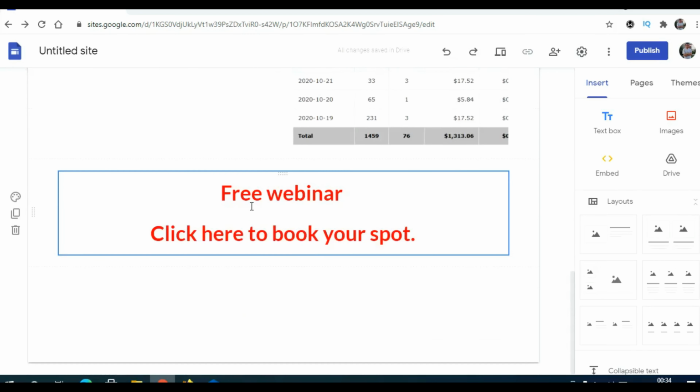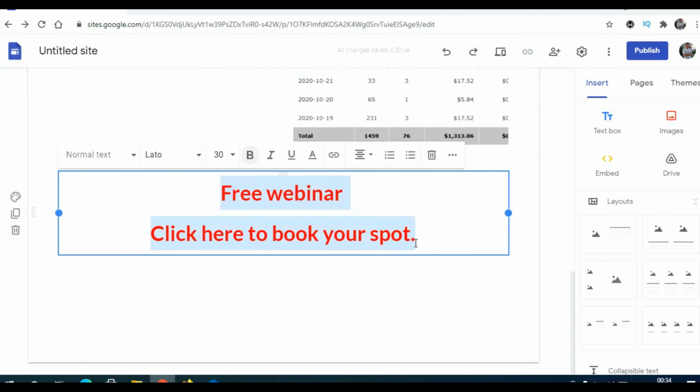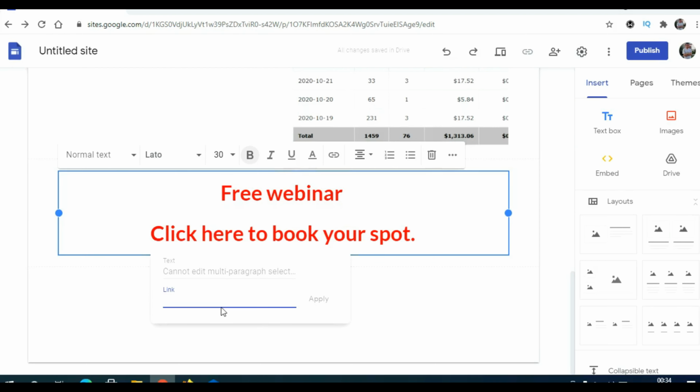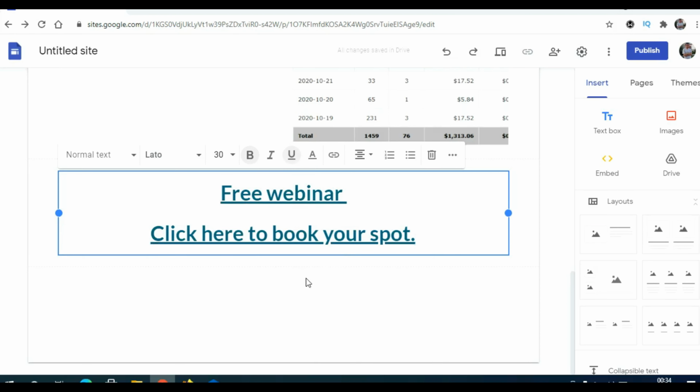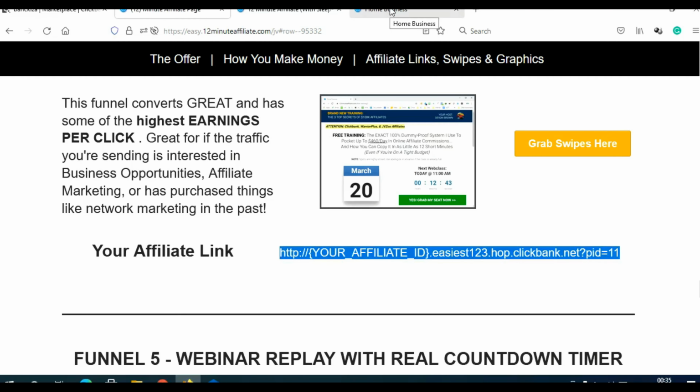And I can do that exactly the same here. Again, let me just highlight this, click on this link, paste. Let's just find this. Okay, I need to replace this with my ClickBank affiliate ID. Of course, if you are using the same thing for Digistore 24, JVZoo, Warrior Plus, you will add your Digistore 24 ID, JVZoo ID, Warrior Plus ID, or whatever you are using. So like I said, my ClickBank ID, click here apply, and when they actually click here, they will come to their free webinar page,